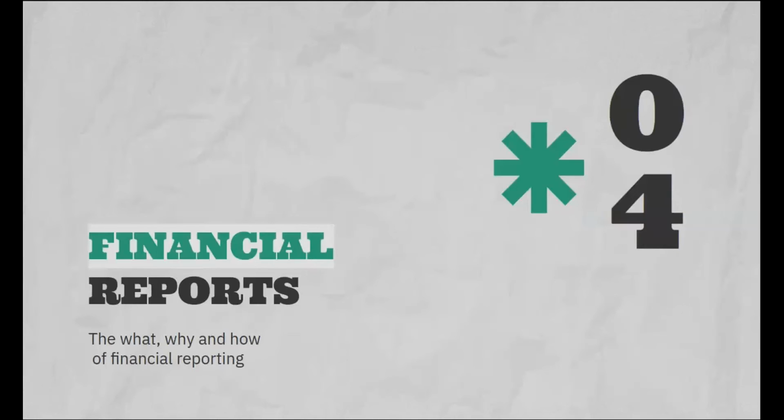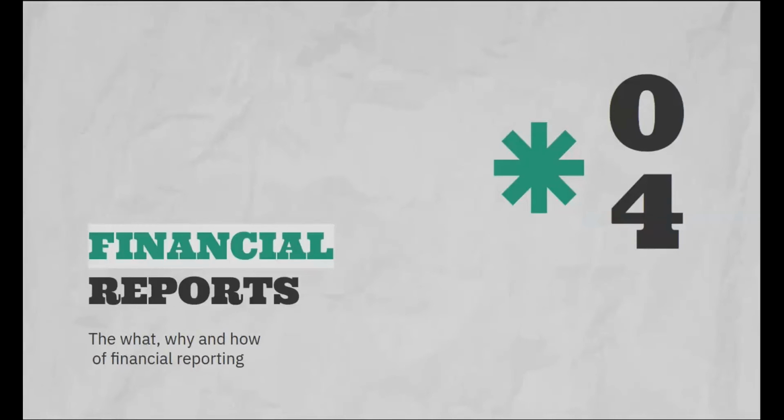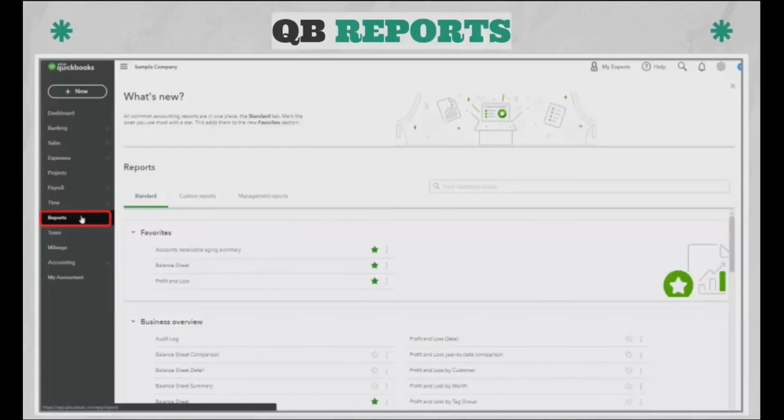last and final learning objective here. So we are looking into financial reports. So the what, why, and how of financial reporting. Ideally, financial reports are there to get us information, and then we're using that information to get results. So on a very high level here, I'm sorry, it's a little blurrier than I realized,